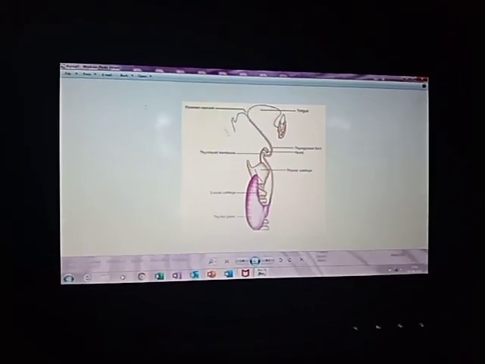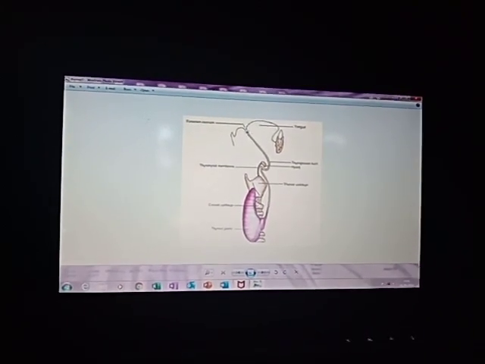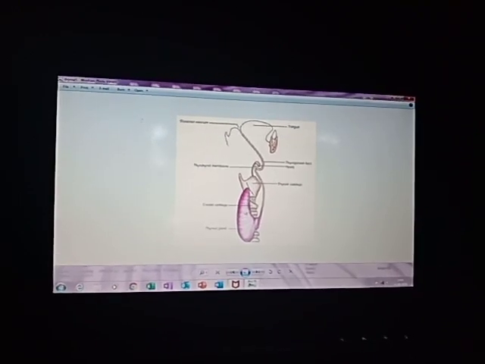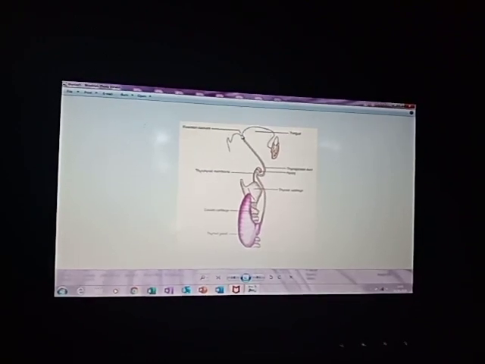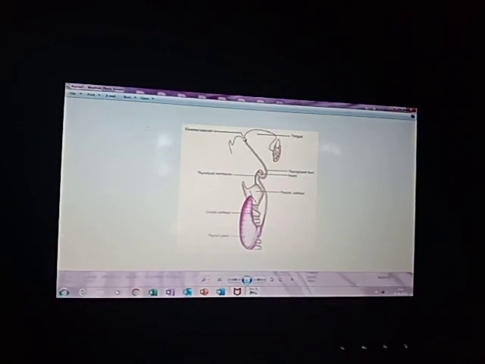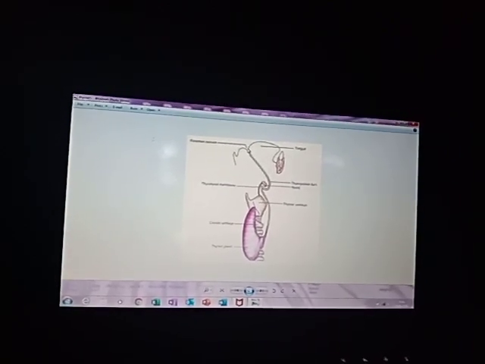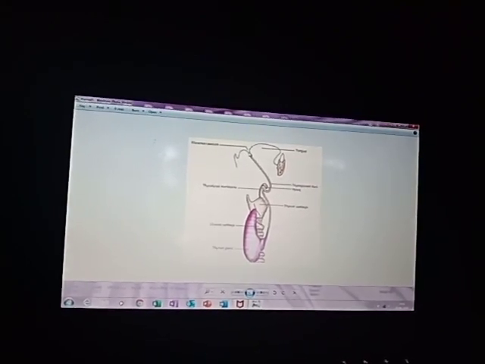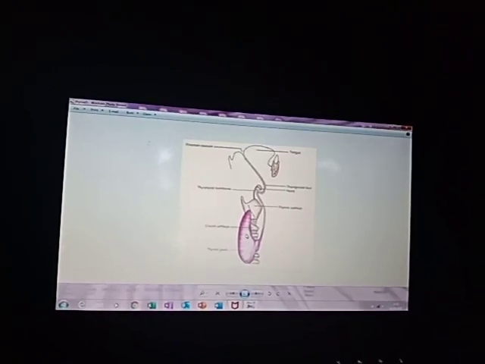Good afternoon, students. If you go through this diagram, you can understand the development of the thyroid. At the base of the primitive mouth, during the development of the tongue, there is formation of the foramen cecum. From this foramen cecum, an endodermal diverticulum known as the median thyroid diverticulum appears, and it is the main part which forms this thyroid gland.